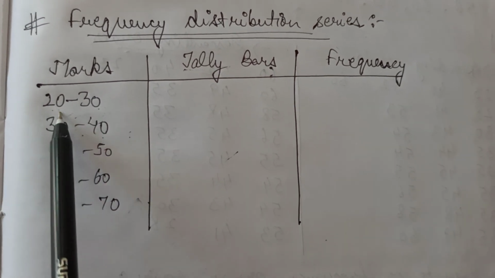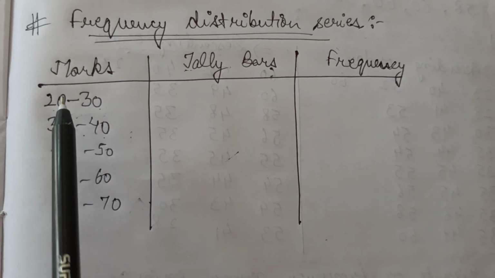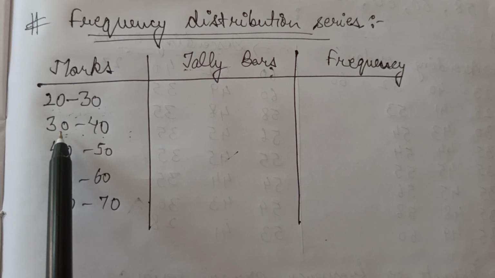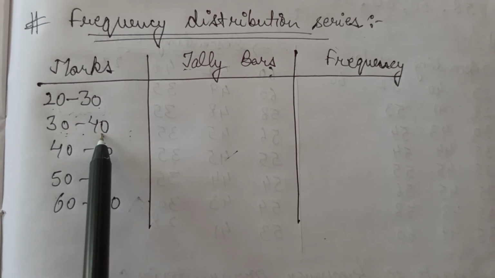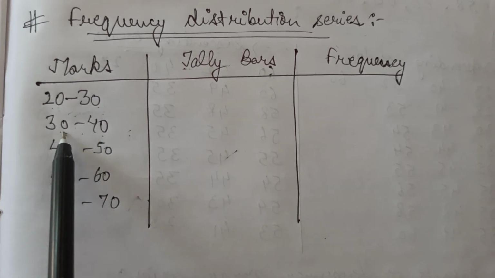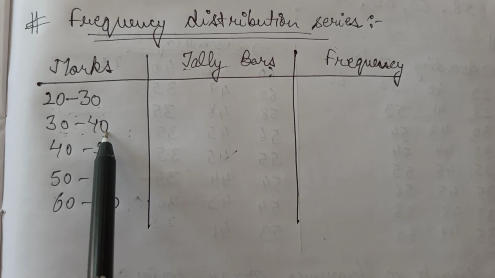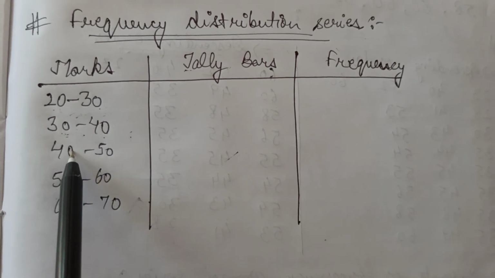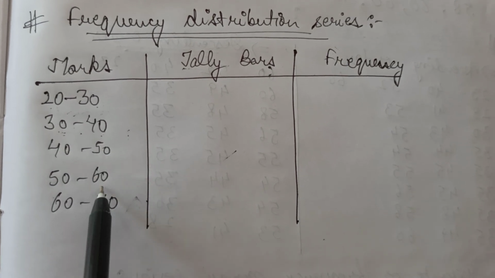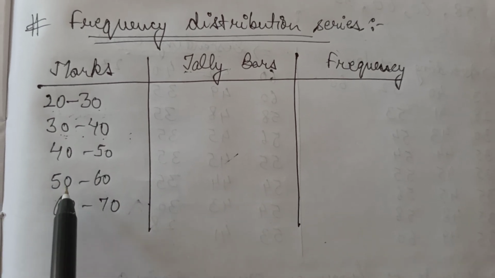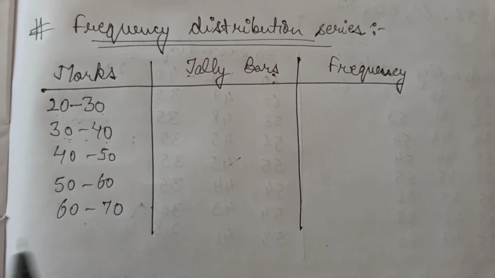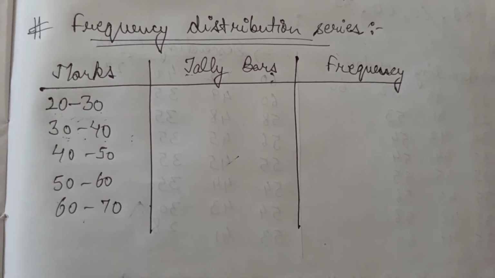So इसलिए जो 20 to 29 होंगी items वो सिर्फ आएंगी इस वाली क्लास में. This 30 will be included in the next class, that is 30 to 40, or you can say in the lower limit. The upper limit of a particular class is not included in case it is a continuous series. अब जैसे if there is 60, so 60 will be marked in 50 to 60 or 60 to 70. It will be marked in 60 to 70, that is in the lower limit.